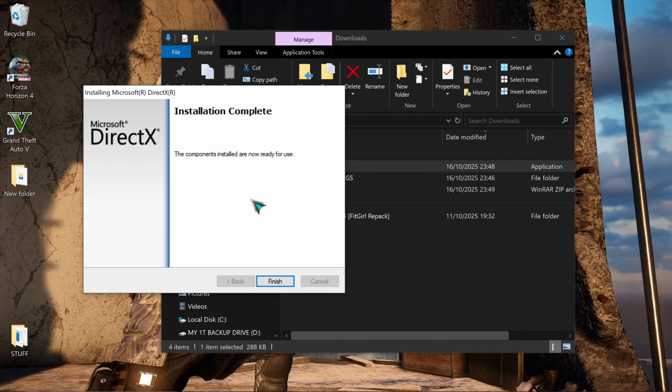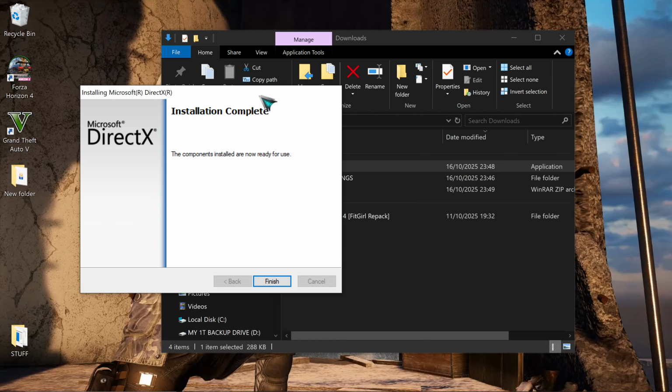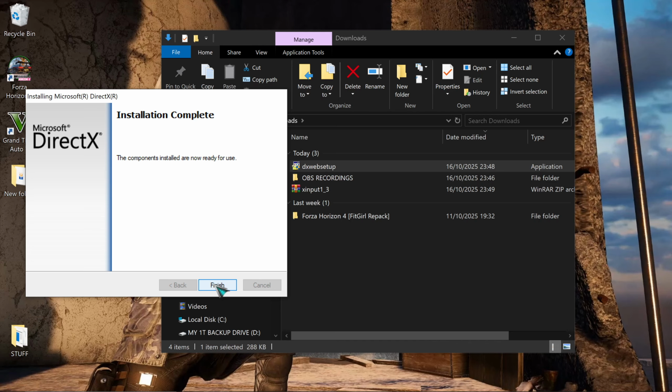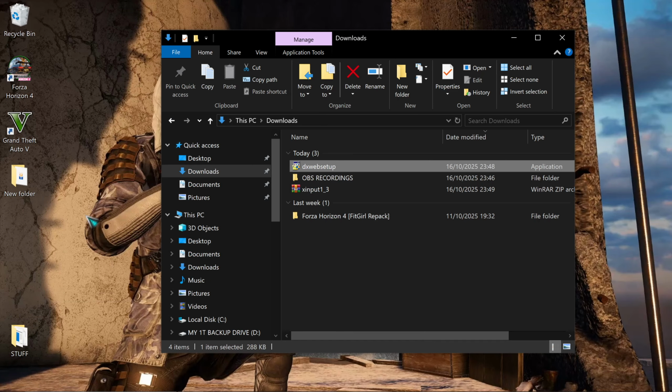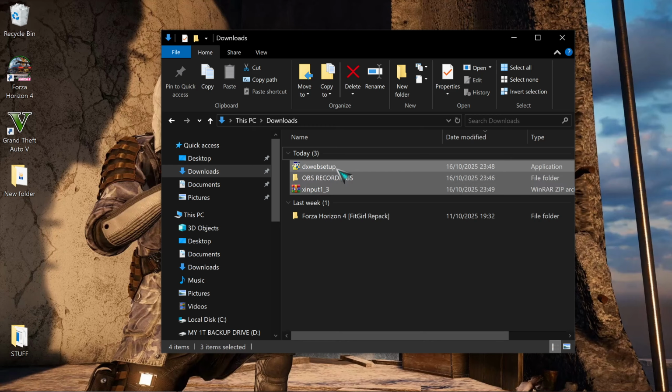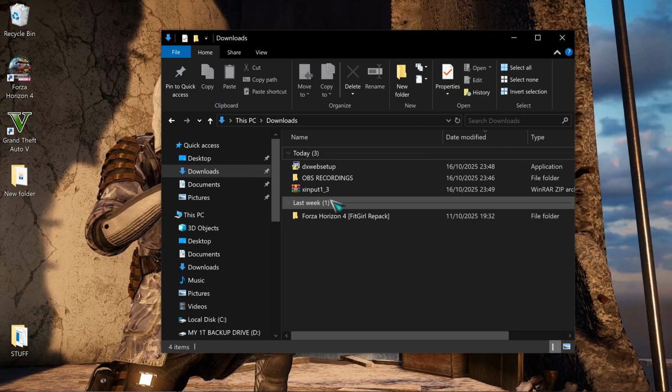But I would put it in anyway, just in case, because this should technically install that file, but just in case it doesn't. So we'll click finish, and that's it. You can keep this in a backup drive or delete it or whatever you want to do with it. Anyway, next what you want to do is take this